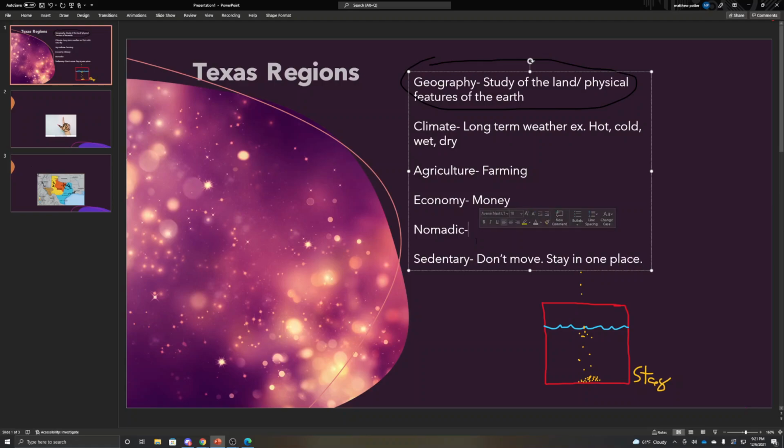And if we know that sedentary, like the sand falling down, means they don't move, nomadic means that they move. They move around. Again, what is the determining factor for nomadic or sedentary? It's going to be geography, how the land is, what food is there, what natural resources are there.